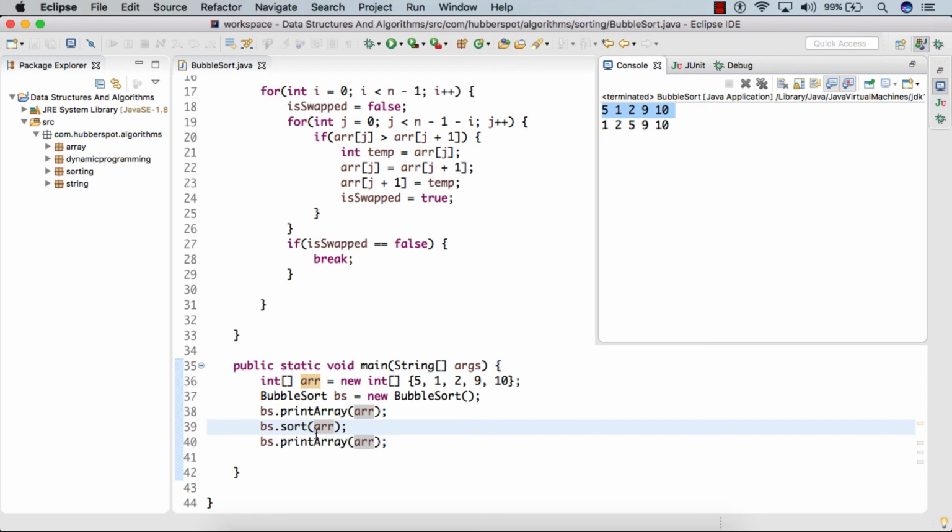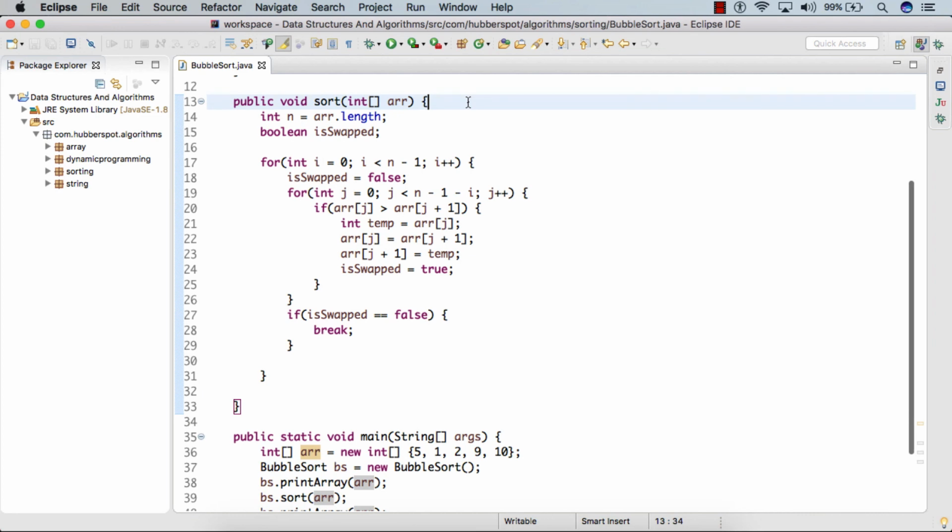Then we performed the sort on this array, and after performing the sort, we printed the array again. We found that the array is sorted with all elements in their correct positions, 1, 2, 5, 9, 10. So the array is sorted in ascending order.